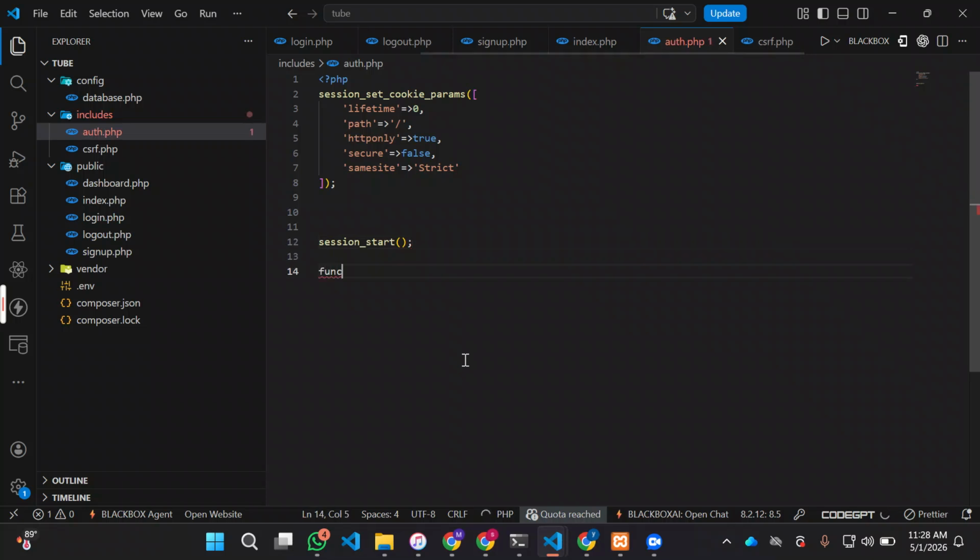Like this. And right here, I'm going to have my function. I'm going to create a function called require login. Just follow what I'm doing. Require login. And right here, I'm going to do an if statement, right? So I'm going to go: if not isset,